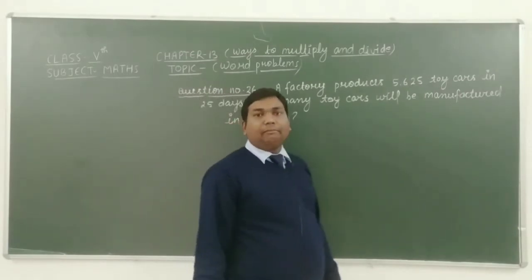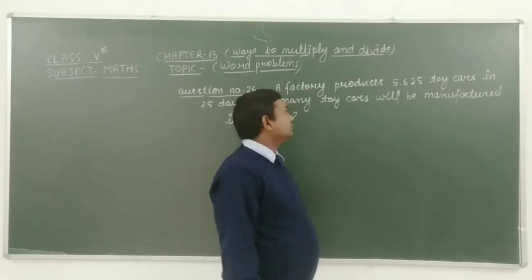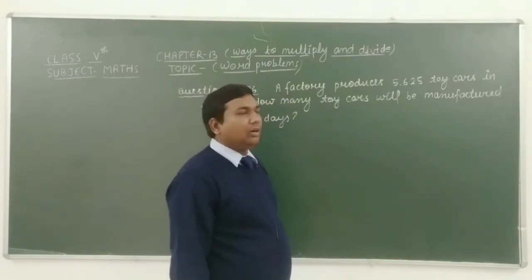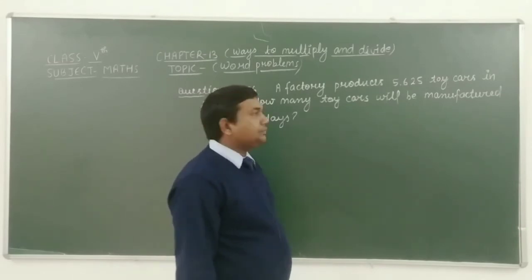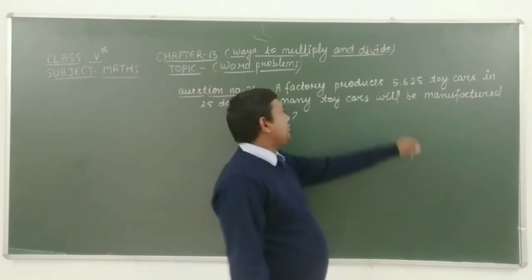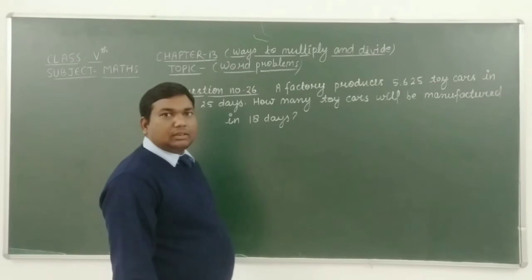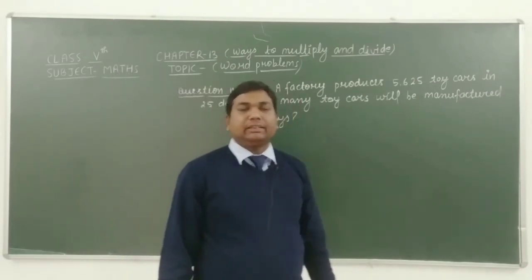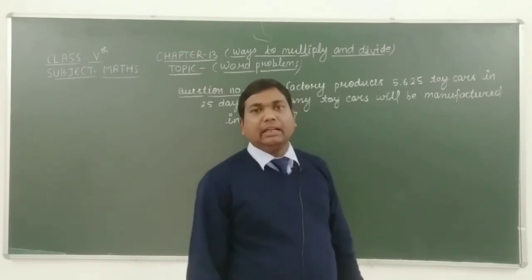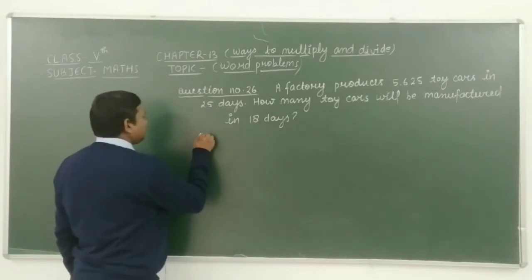Firstly, we have to find the total number of toy cars produced by a factory in one day. In this process, we have to take the division of 5625 by 25. Then we get the total number of toy cars produced by a factory in one day. Now let's start the solution